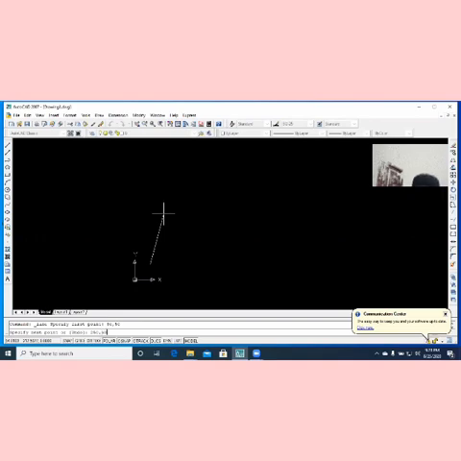50, and then enter. Then the next coordinate is 250, 125, enter. The next coordinate is 125, 125, enter. The next coordinate is 125, 185, enter. The next one is 205, 185,